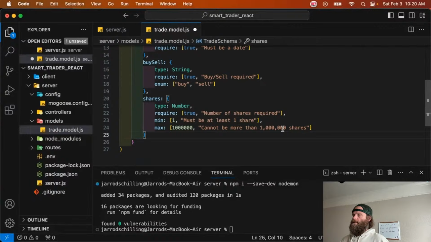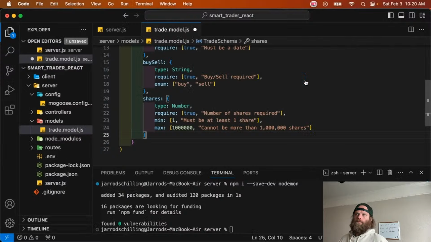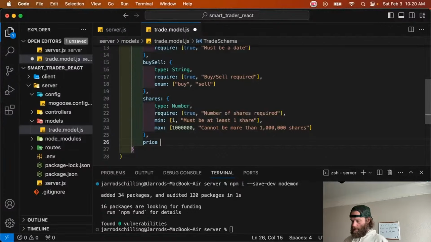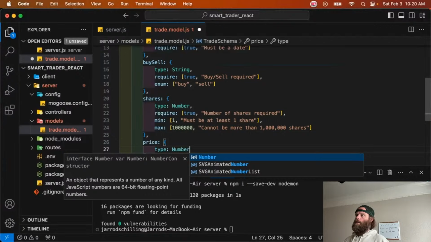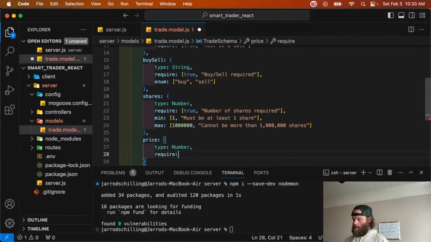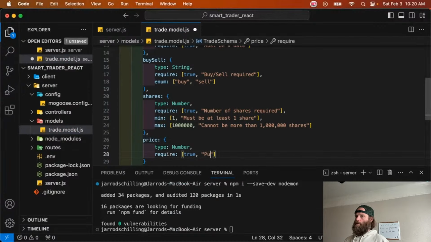Okay, shares, and then shares, oh, price. So price is going to be, oops, type will be a number, require true, and